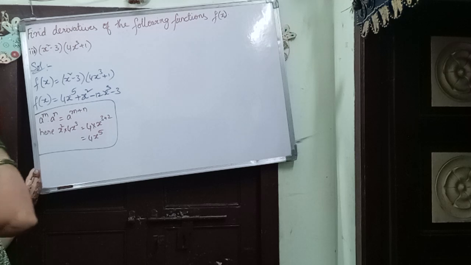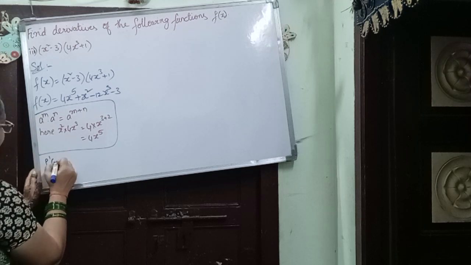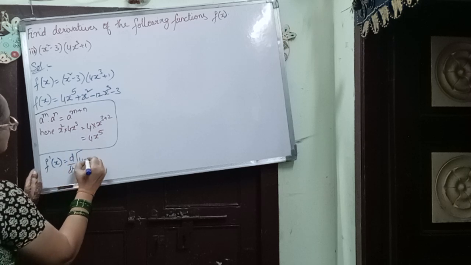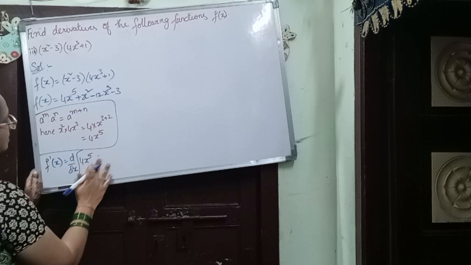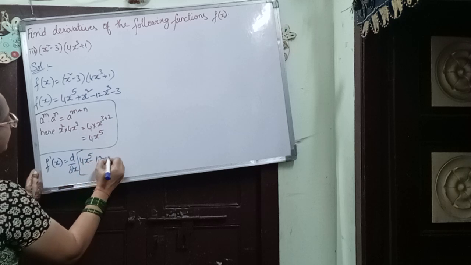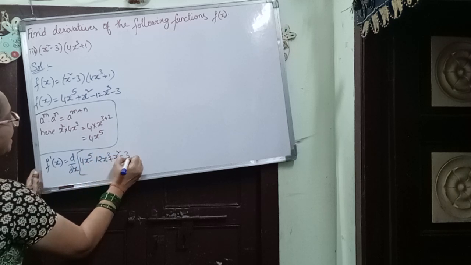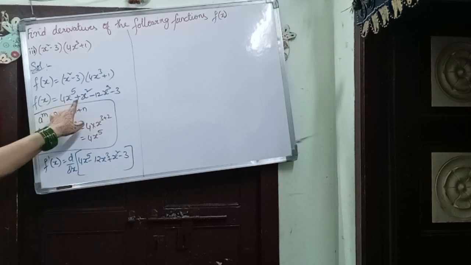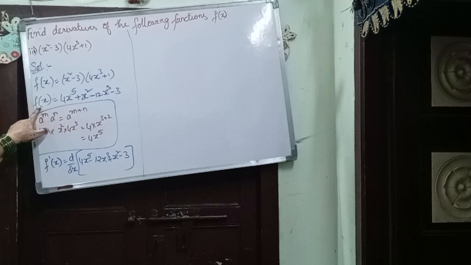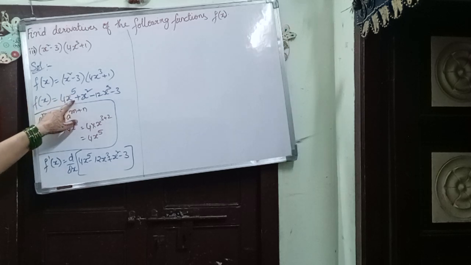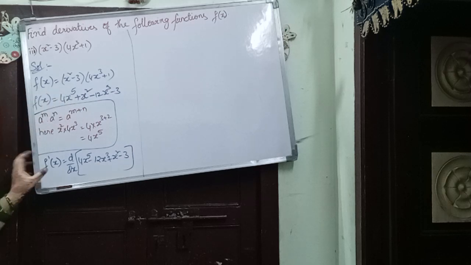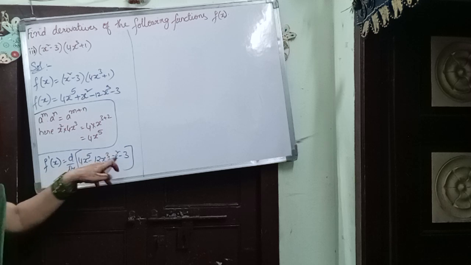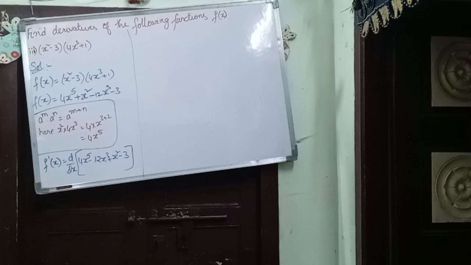Now taking the derivative of the function, that is f dash of x equals d by dx of 4x power 5, and rearranging, minus 12x cube plus x square minus 3. Understood? What is f of x? This one. Whereas we have the derivative on this side, this also we have to differentiate, right? Take the derivative of this also. So you got d by dx of some terms, 1, 2, 3, 4 terms we got. That we have to find the derivative.